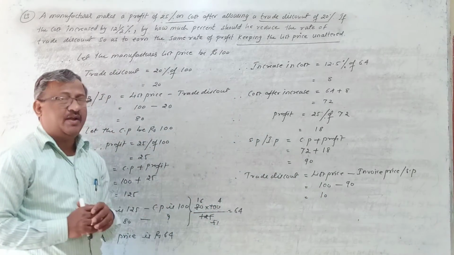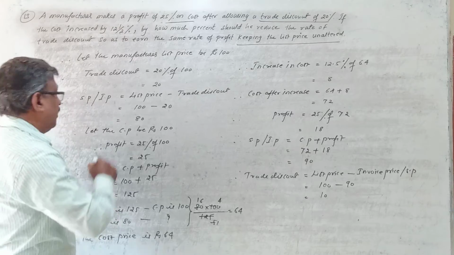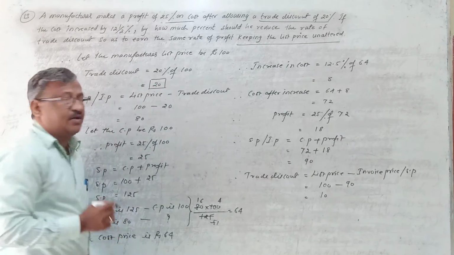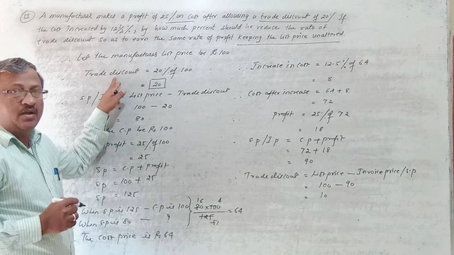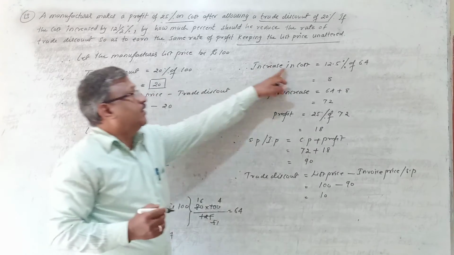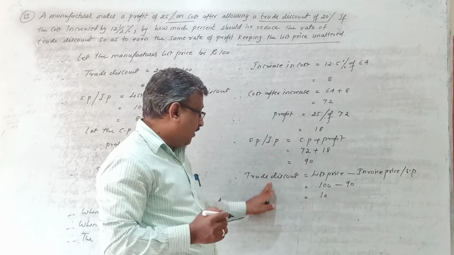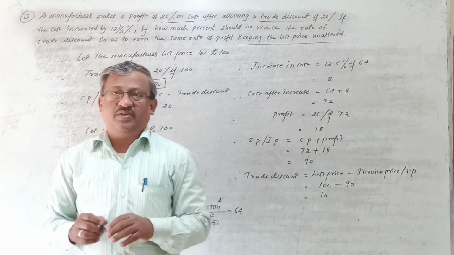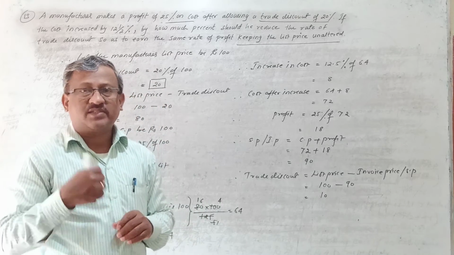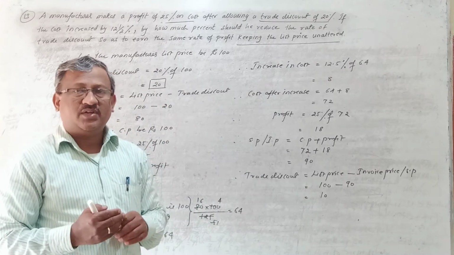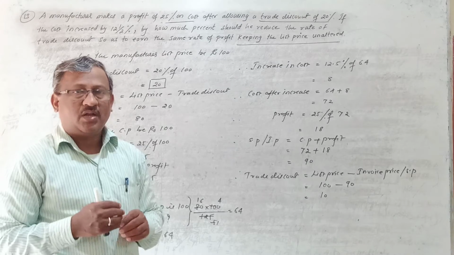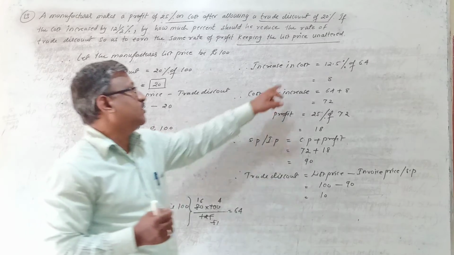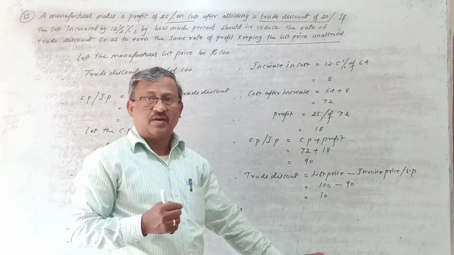Discount is 10 rupees. Means previously he was giving how much? He was giving 20 rupees trade discount, right? And now due to the increase in cost, now he can give only how much? 10 rupees discount. Means at present, whether he is giving more or less as compared to the previous one, at present he is giving less. Now he cannot give 20 rupees discount. Now he can give only 10 rupees discount because his cost has increased, right?